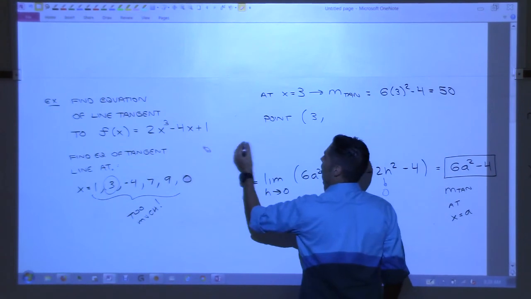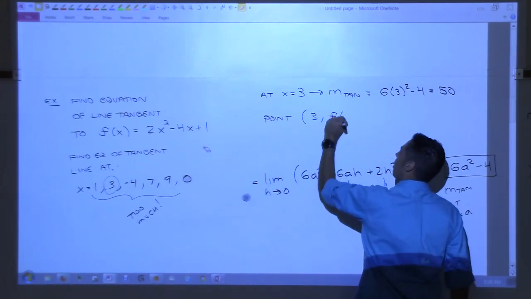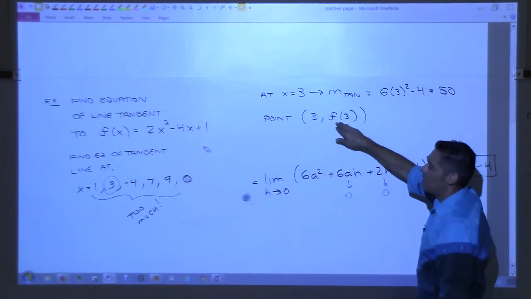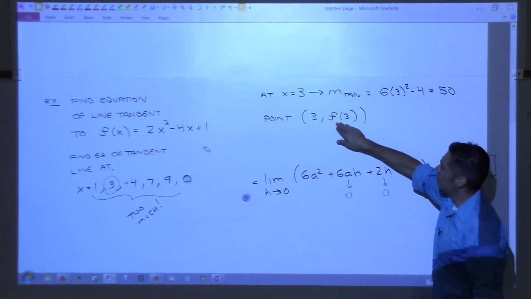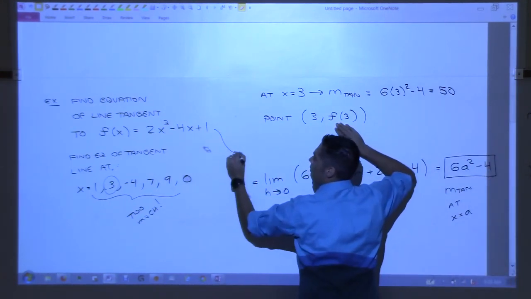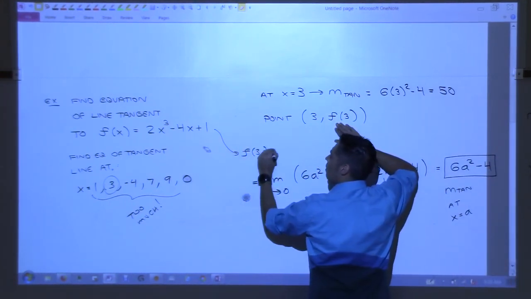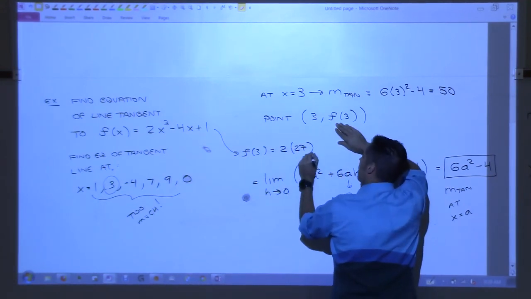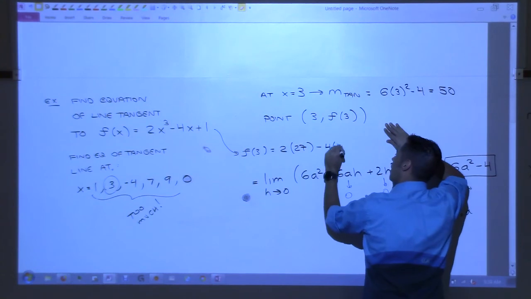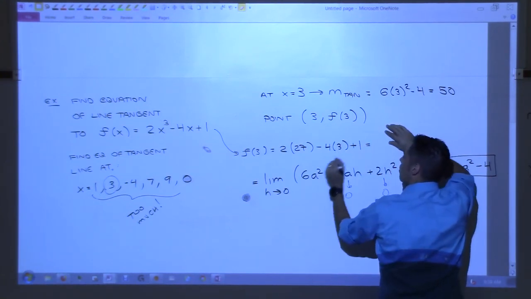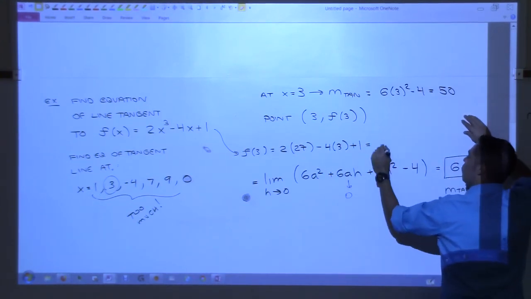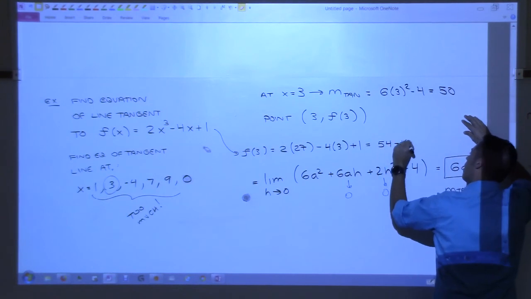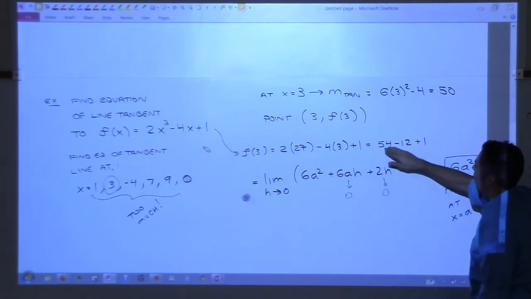So let's go ahead and plug that in. I'm just going to put f of 3, like this, because that's what I need to do: plug in 3 into the function. So let me work that out. What is f of 3 here? It's 2 times 3 cubed, which is 27, minus 4 times 3, plus 1. So 27 times 2 is 54, minus 12, plus 1. So 54 minus 12,